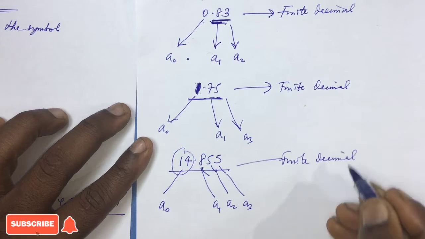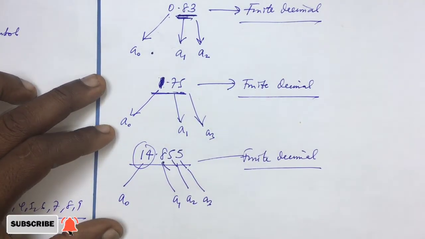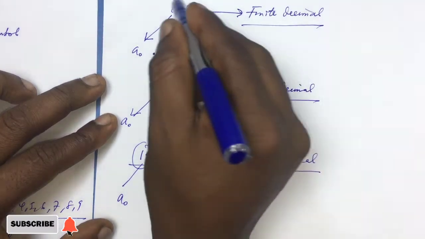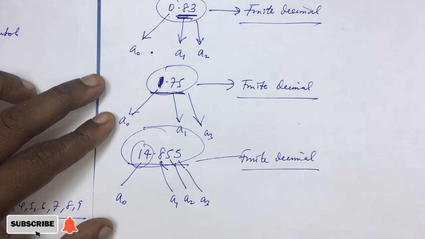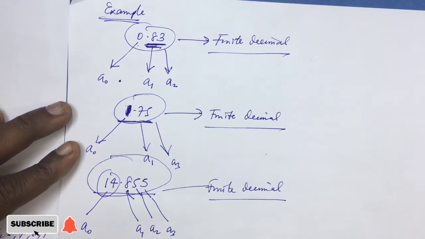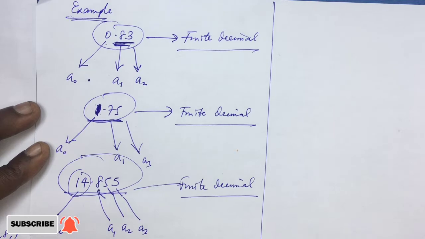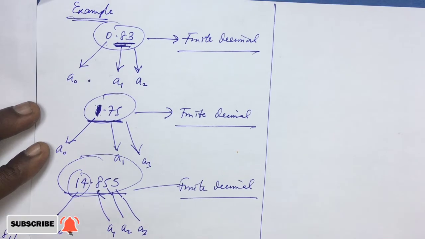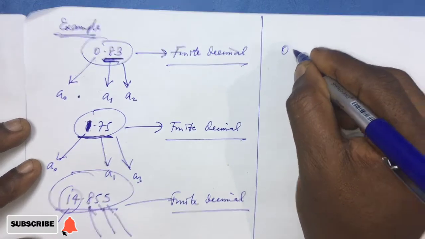Okay? Now, whenever you have a case of a finite decimal, what you should know is that this decimal must have come from a rational number. So only rational numbers produce finite decimals. Again, another type of decimal that rational numbers produce is what we call recurring decimals. So you may have a number like this: